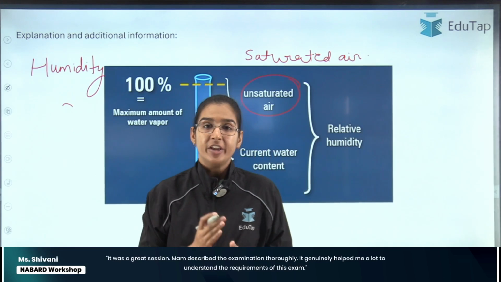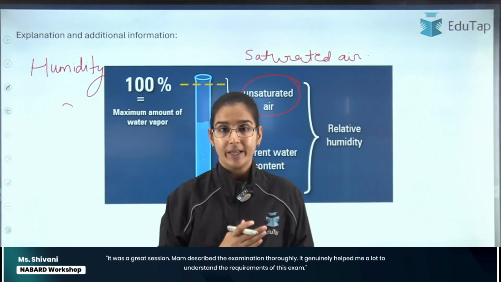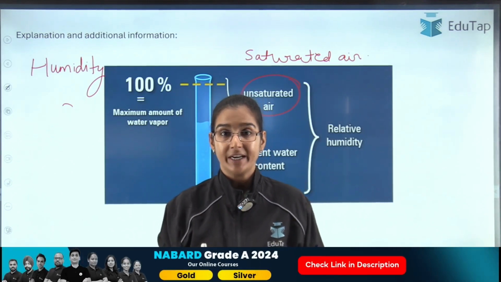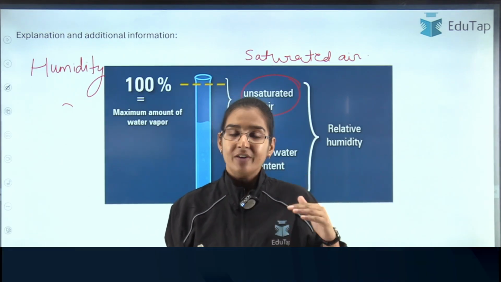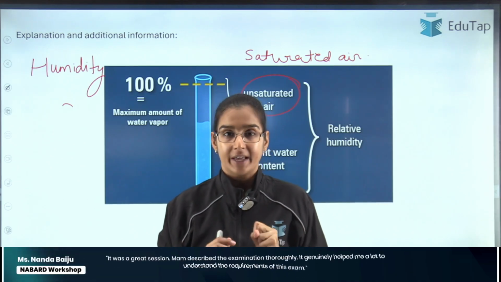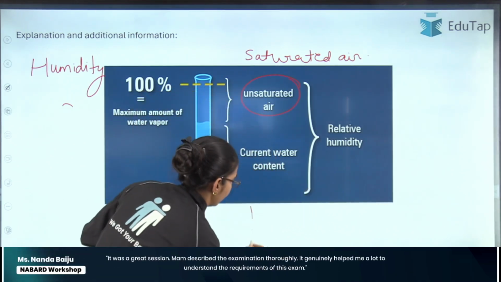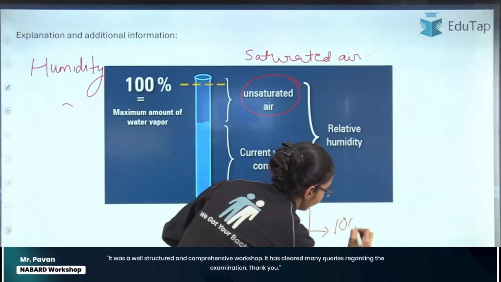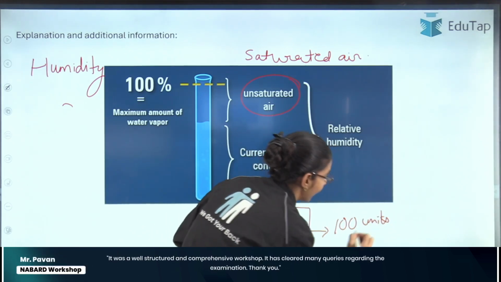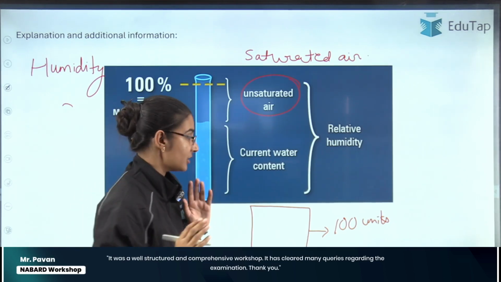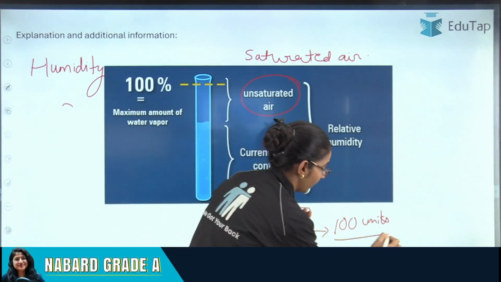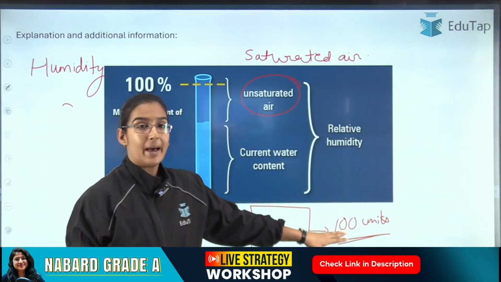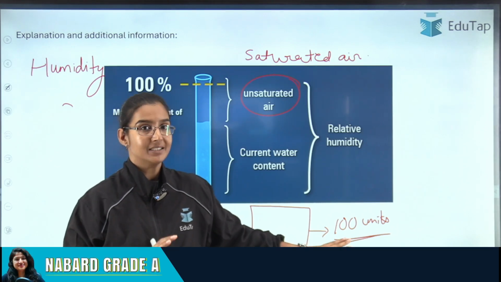See students, every mass of air has a different water holding capacity, which again is dependent on the temperature of that air mass, right? Higher the temperature of the air mass, higher will be the water holding capacity of that air, right? Now suppose this is a mass of air, and it has 100 units of water holding capacity, right? At a given temperature, suppose this air can have 100 units of water in it as water vapor, right? Now this is the maximum capacity this air can hold as water vapor.